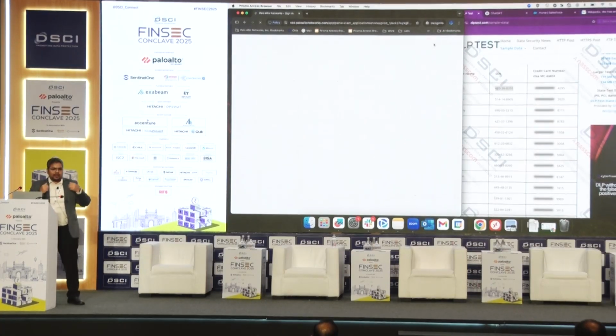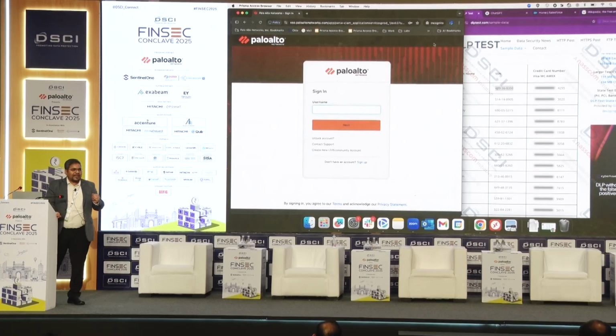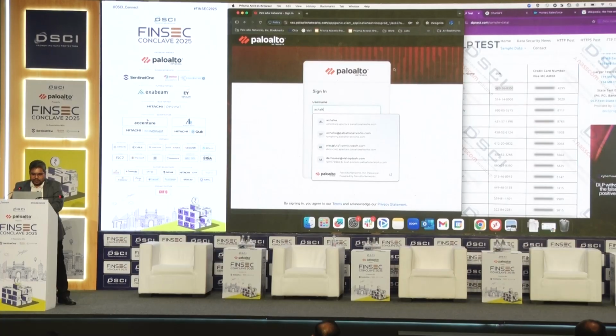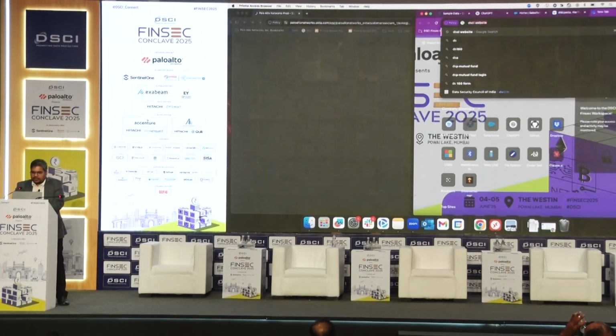Okay? I will now run you through a sample policy live. Let's see how Prism Access browser actually enforces policies, how it makes your life easy in deploying security controls. Let me just quickly log in. So what we are going to do is, we are going to go to the DSCi website, and we are going to apply some of these controls. So if I go to DSCi now,